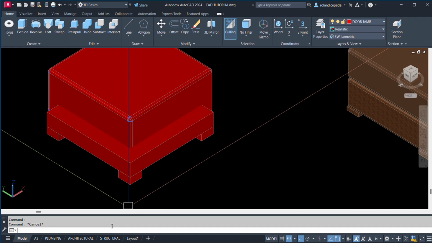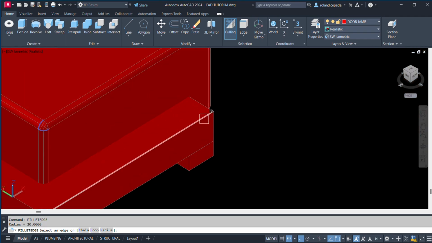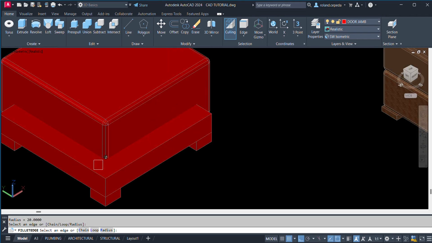I'll just type fillet edge, and then I will select the edge. The radius would be also 20.